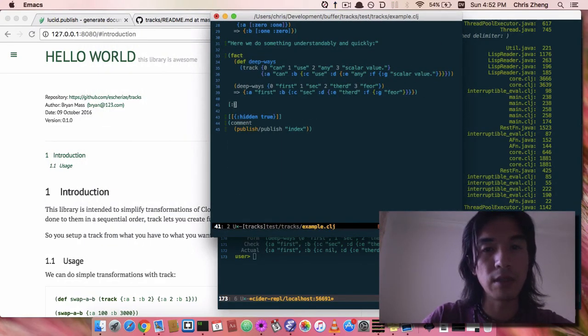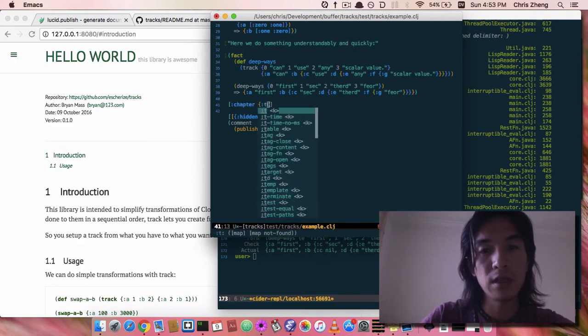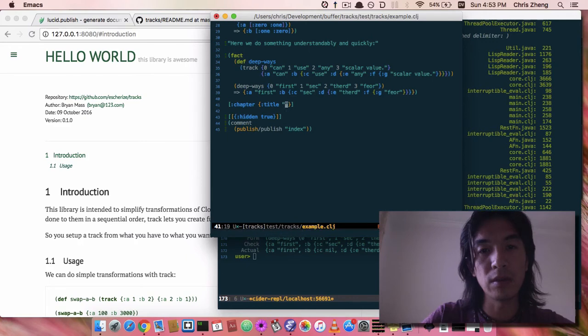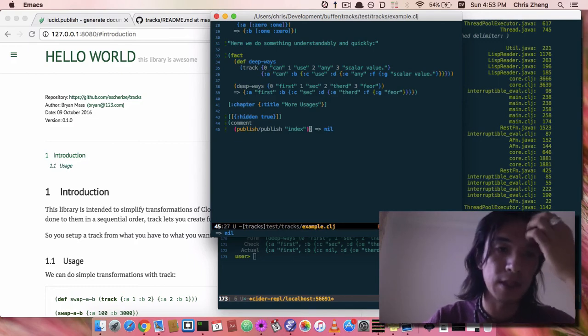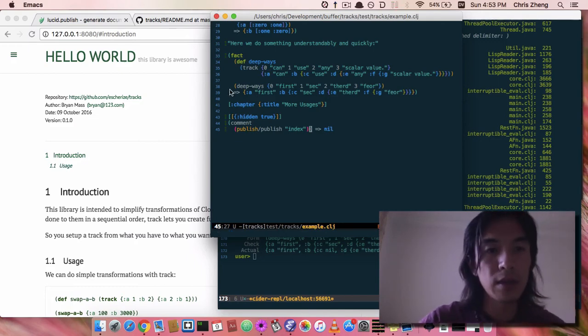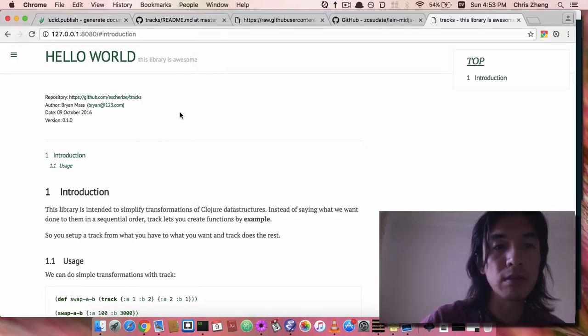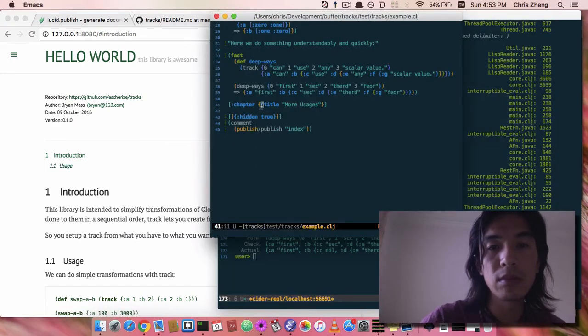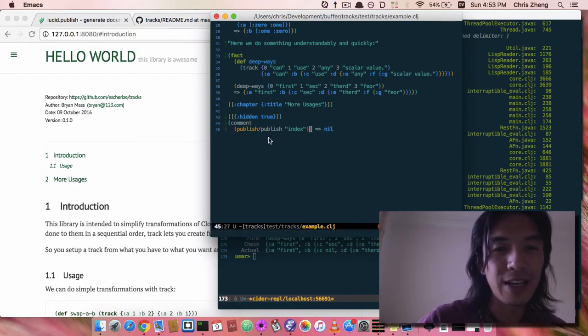And say, let's create another chapter, title, more usages. So every time we, oh yeah, it's a double vector. Okay, and every time